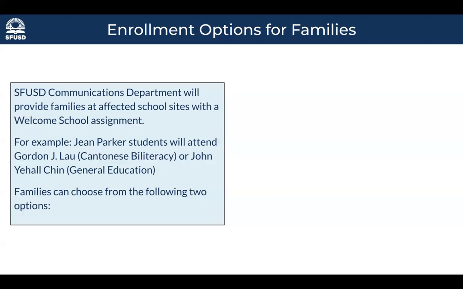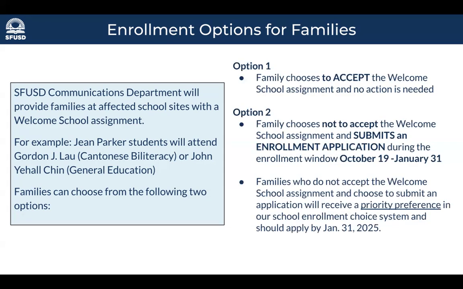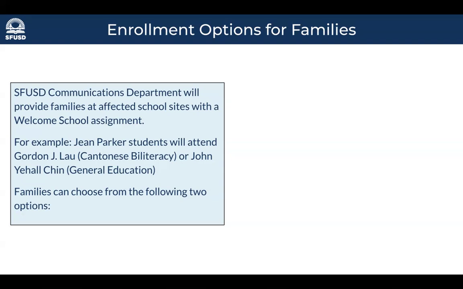So Jean Parker, for example, will have Gordon J. Lau as a welcoming school for the Cantonese biliteracy students and John Yehall Chin as their welcoming school for general education students. 咁譬如我攞 Jean Parker 嚟做例子，因為我都有管呢間學校。每一間關閉嘅學校都會有一個迎接佢哋嘅學校。咁 Jean Parker 嘅話，如果參加粵語雙語文班嘅學生，就會去劉桂明小學嘅雙語文班；如果係普通教育班，就去怡和嘅普通教育班。